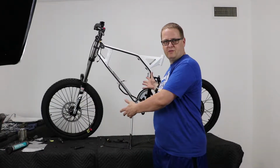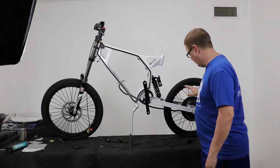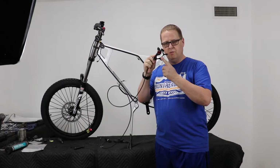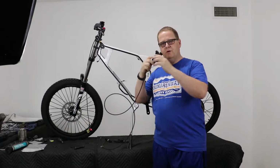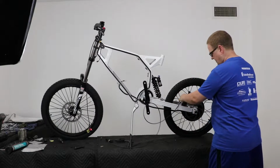Okay everybody, look, we got the bike turned around, magic. So first thing we're going to do is mount the back brake. Now mine already came assembled with the lower bracket here that mounts to the frame. If it doesn't, just make sure that when you mount it, it's mounted in a way that the